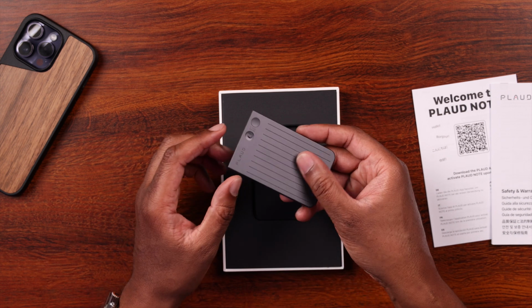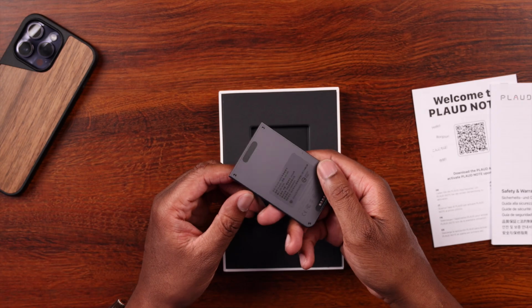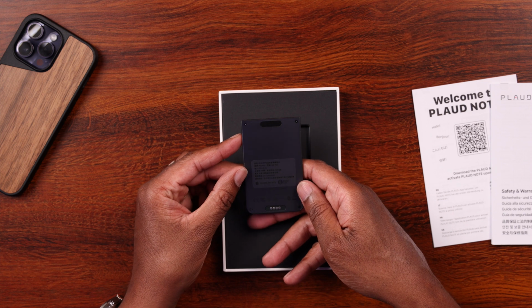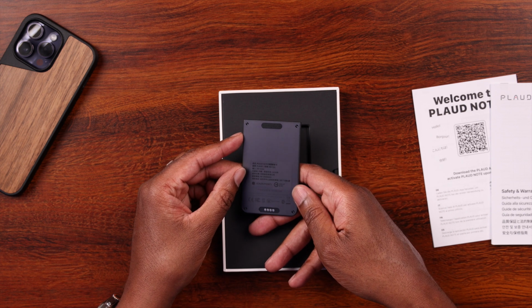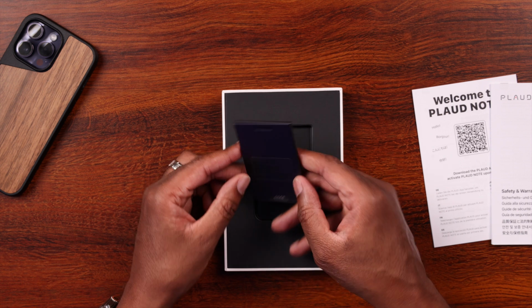Some people, if you have one of the premium credit cards like an American Express Platinum card or a Gold card or one of the Chase Sapphire cards that's actually made out of metal, this is about the same thickness as one of those credit cards. And I bet you I can probably fit this in my wallet. So yeah, but there we go. We have it here. And again, it says the Plaud Note, has all the same information on the back there, it looks like. So we'll set this